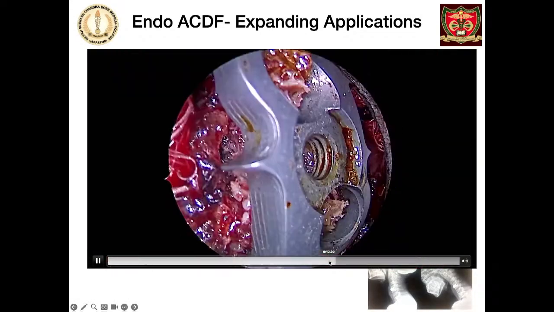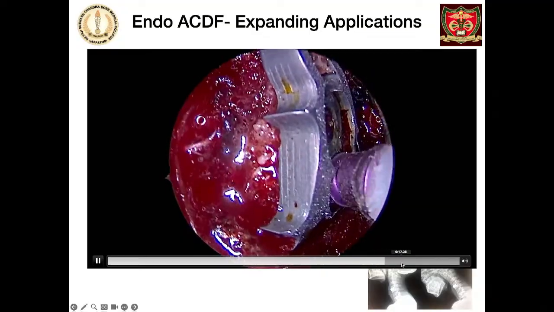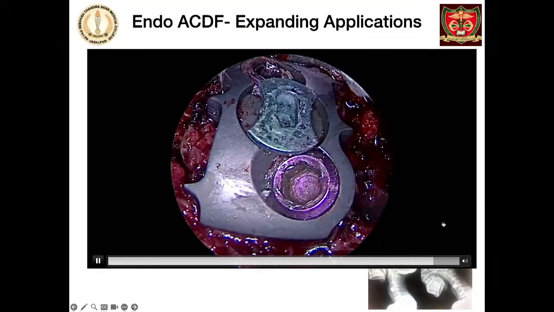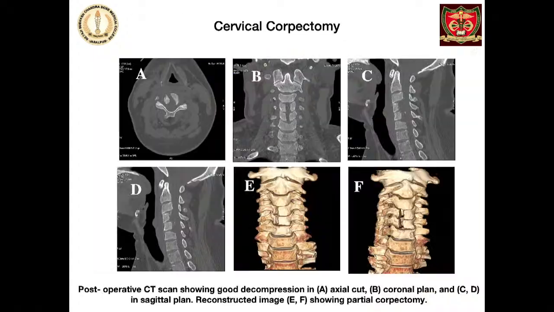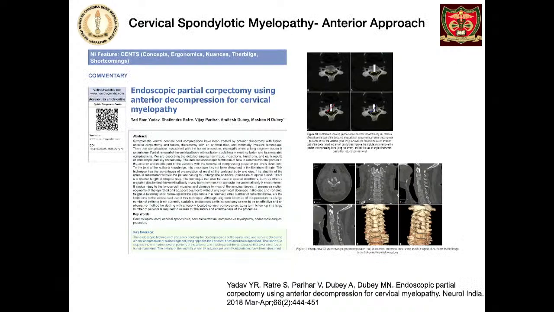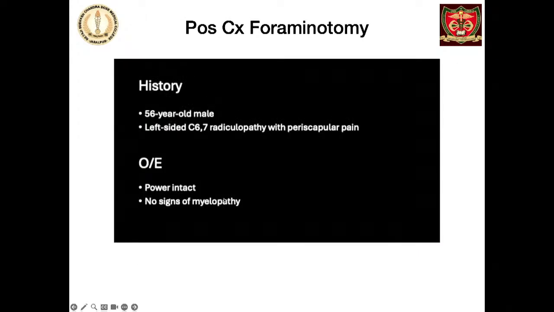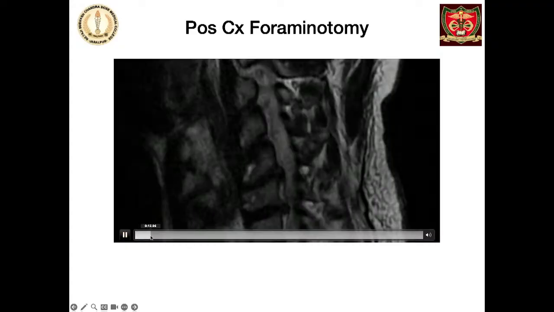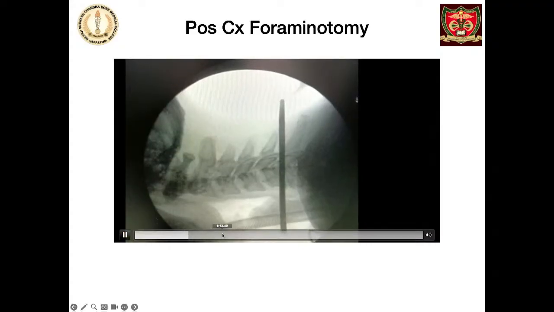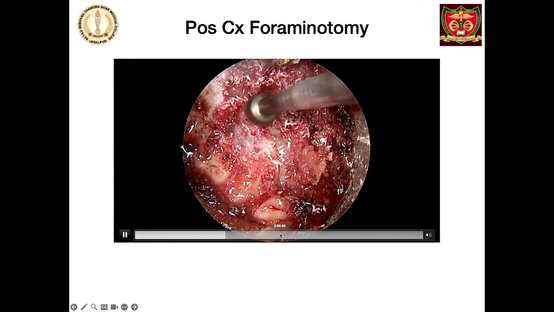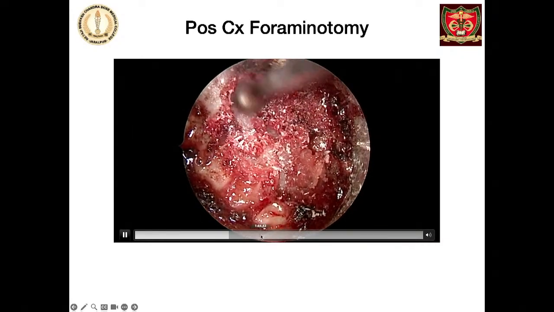And so we have published the disc preserving paper also. And if you want to do the fusion, if at all required, one can do a single level fusion with the same tube. So I just want to say that it is a versatile tube and does not require any specific additional equipment, and one can learn the principles which can later be utilized in biportal endoscopy. And these are the corpectomies, though I have not done them, but Professor Yadav, after gaining experience, has done these two level corpectomies, central and oblique corpectomy.